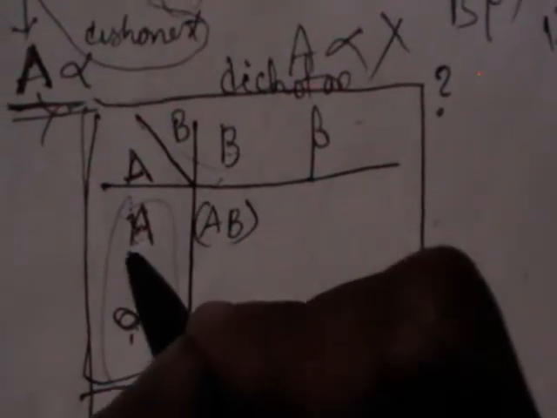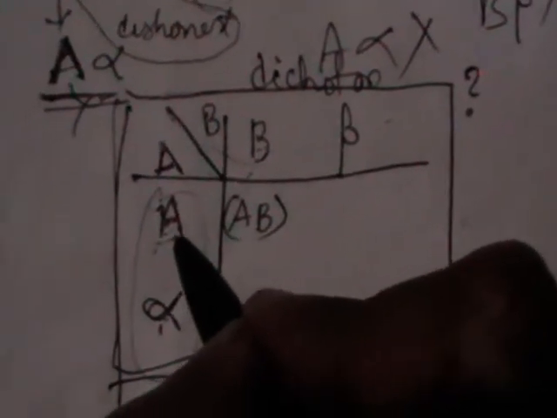Now let us see what the combinations are here. The first combination is AB. Observe this: if I specify something within brackets, it indicates the frequency. Without the bracket, it doesn't indicate the frequency, it indicates a class. Here I am writing with brackets, which indicates the frequency of AB. Next one is A beta. Next one is alpha B. Next one is alpha beta. If we observe this table, nowhere do you get A alpha and B beta.